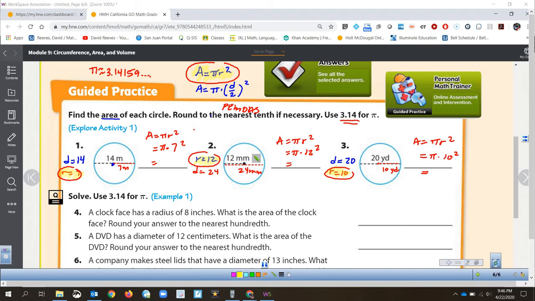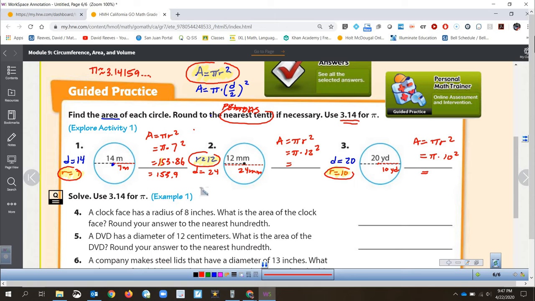153.86. Now, 153.86 is what my calculator told me. But what do the instructions say? They say round to the nearest tenth. Well, the nearest tenth is 2 places. I'm sorry, the nearest tenth is 1 place. So I only want to have one number here. But I look after that number, and that number is 6. 6 is 5 or bigger, which means I need to round up. Remember, when the number to the right of your rounding place is 5 or bigger, you round up. So I get